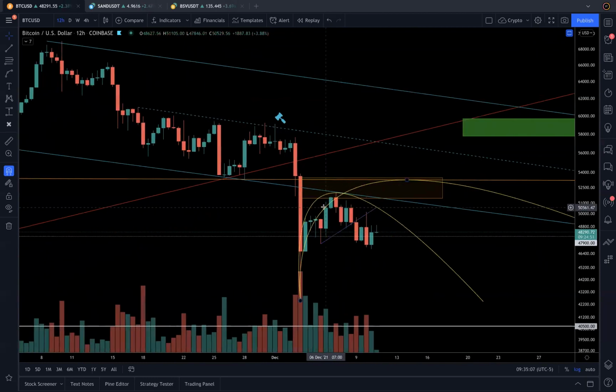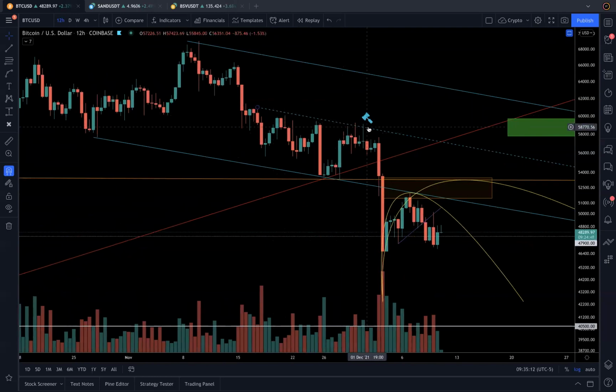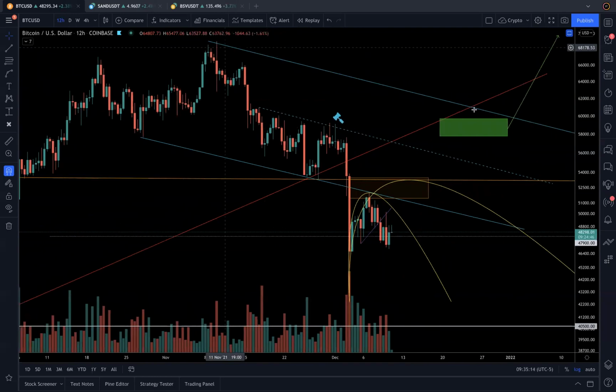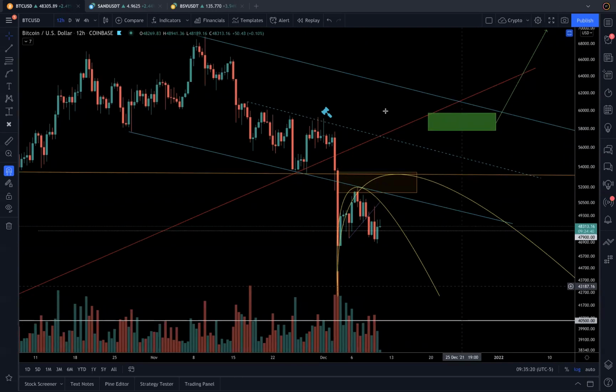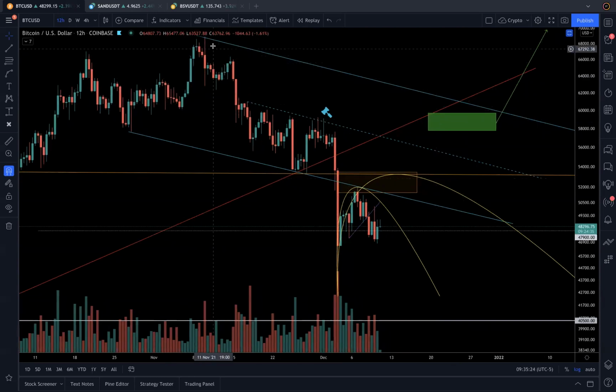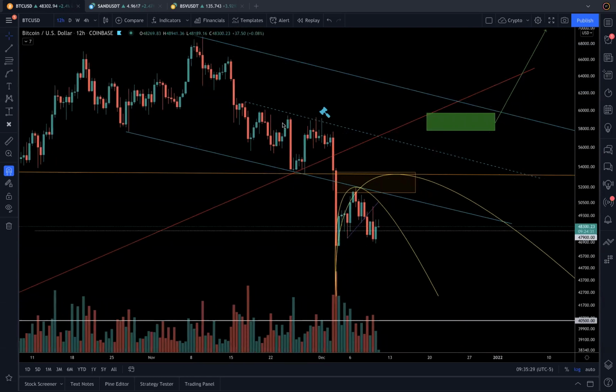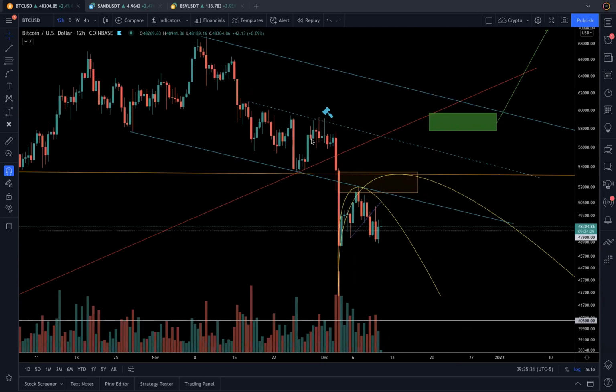I'm sure you are able to see this, right? There are so many failed attempts here, and this is a descending channel. So it tried to move within, but it broke in the middle, right? This structure gives you the idea of how it started, how it consolidated in the early stages, and then how it struggled and ultimately lost.